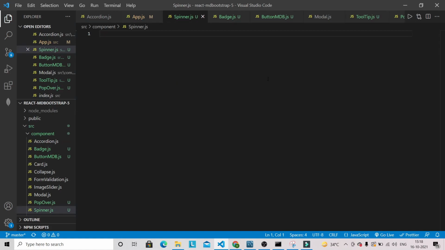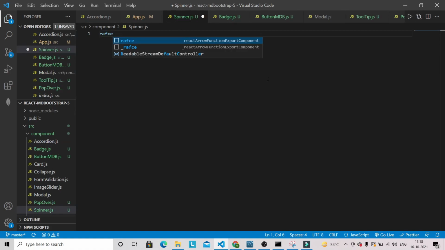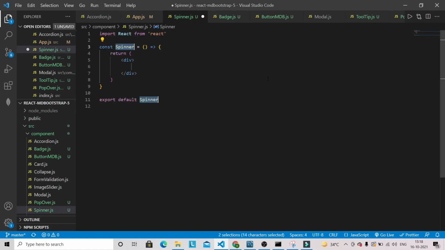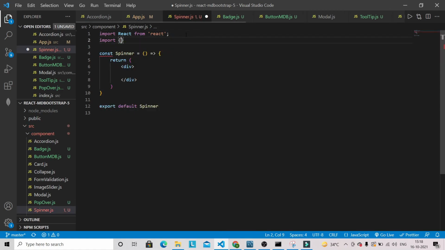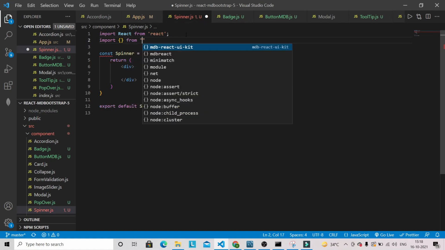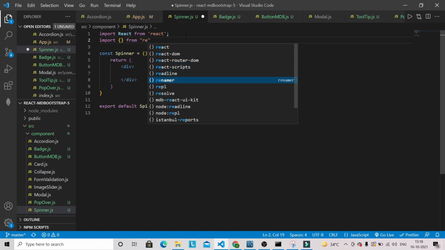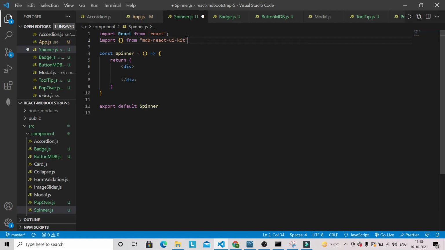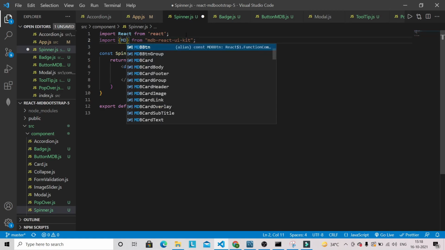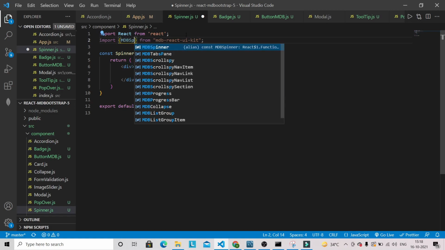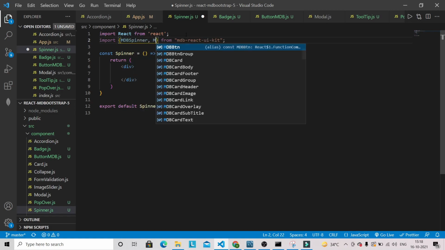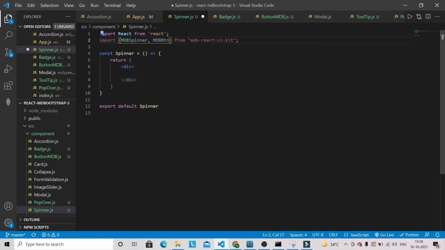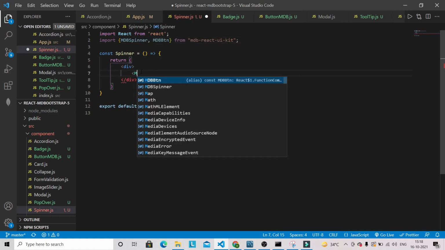Let's generate a snippet using RFCE, and we have to bring two things from MDB React UI kit. The first is MDB spinner, and we are also going to use the button. Let's bring the button as well, and here let's use MDB spinner